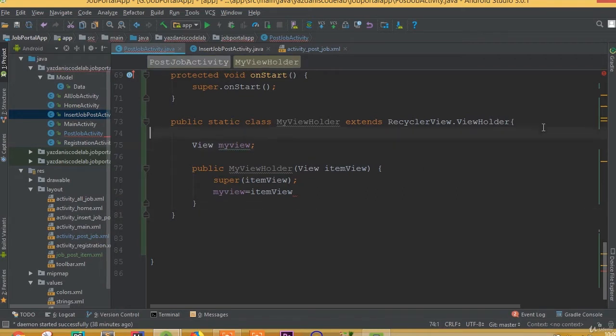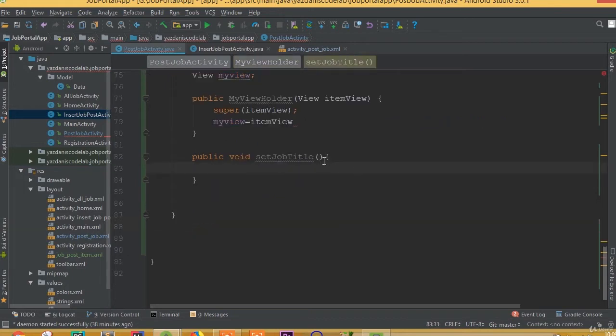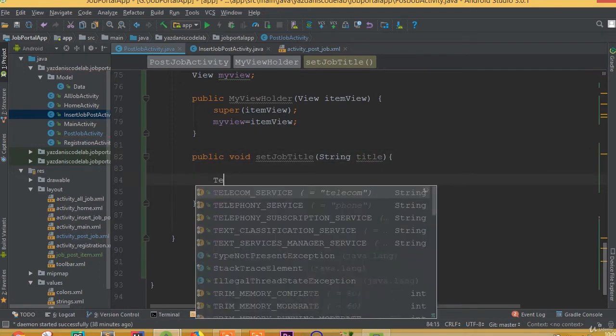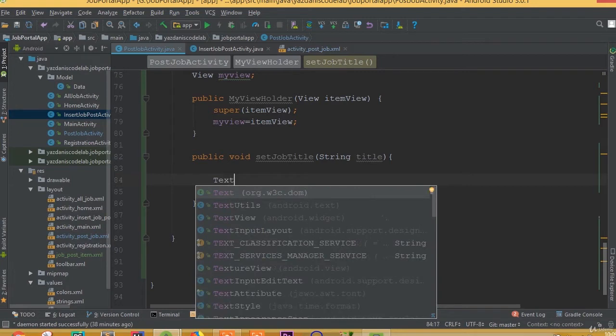And now we need to create methods for all these fields that we want to retrieve from our Firebase database. So public void, you can call it setJobTitle, and we need to pass our string. So string is going to be title, and we need to add a TextView. So TextView